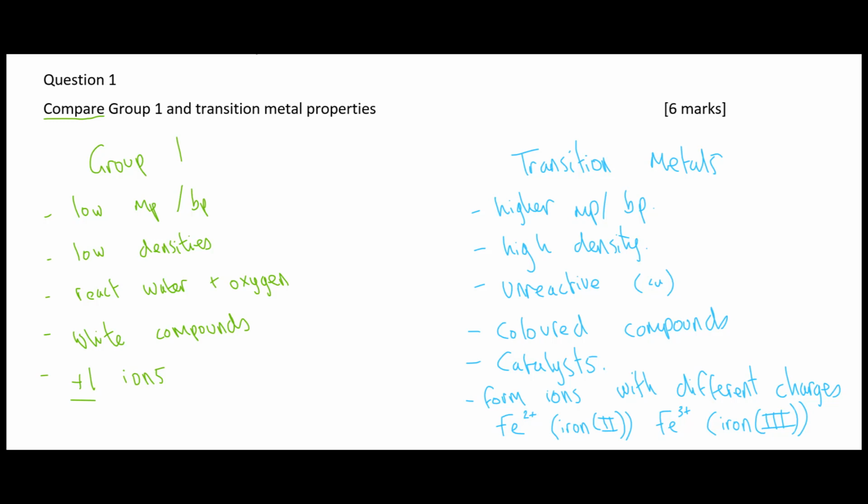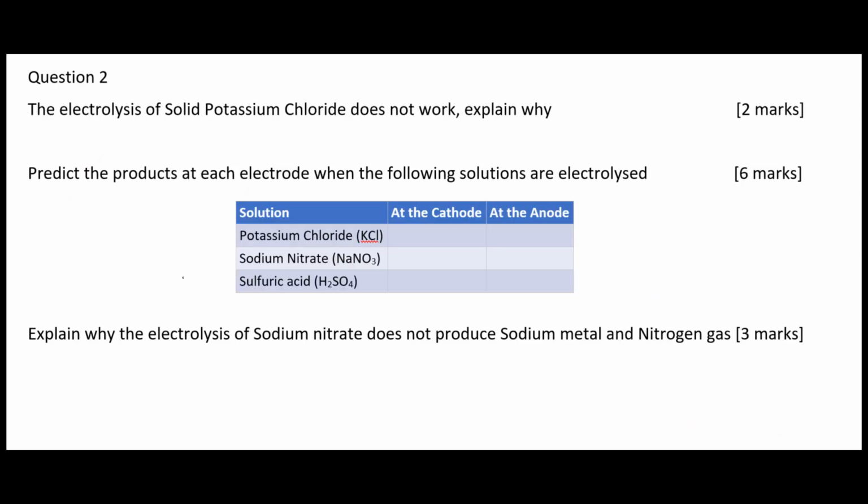Okay guys, looking at this answer, you don't actually have to use all of the points just to get the 6 marks. It would be enough just to use 3 from group 1 and 3 from the transition metals in order to get the 6 marks. So I've given you more than what you need in this question. So this next question